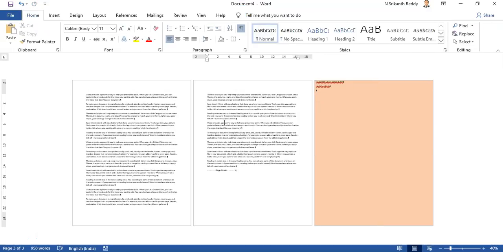There are other methods also you can try to explore. One is using section breaks, another is creating sub-documents, and either you can split the document into sub-documents or create separate documents and join them into this main document. I think pretty much those are the two ways that are there.